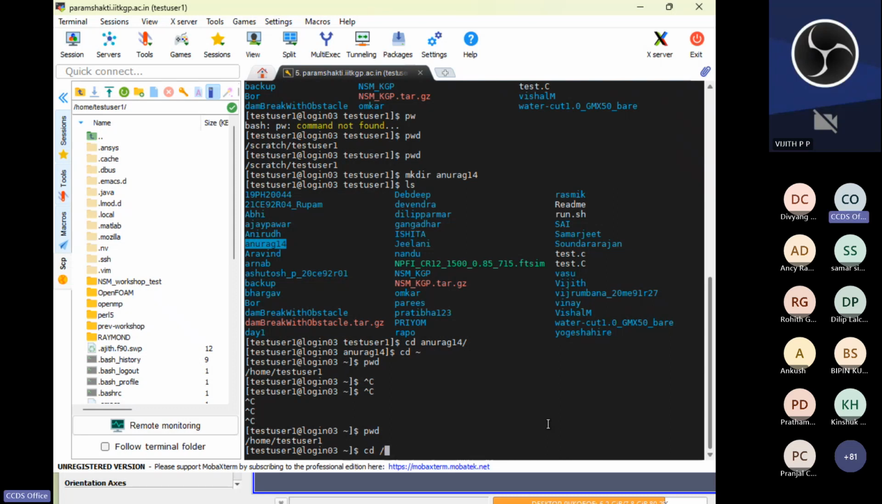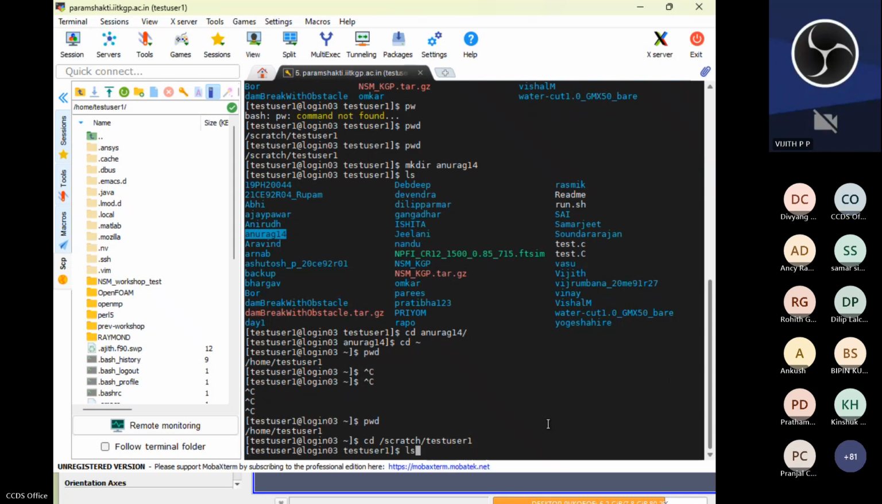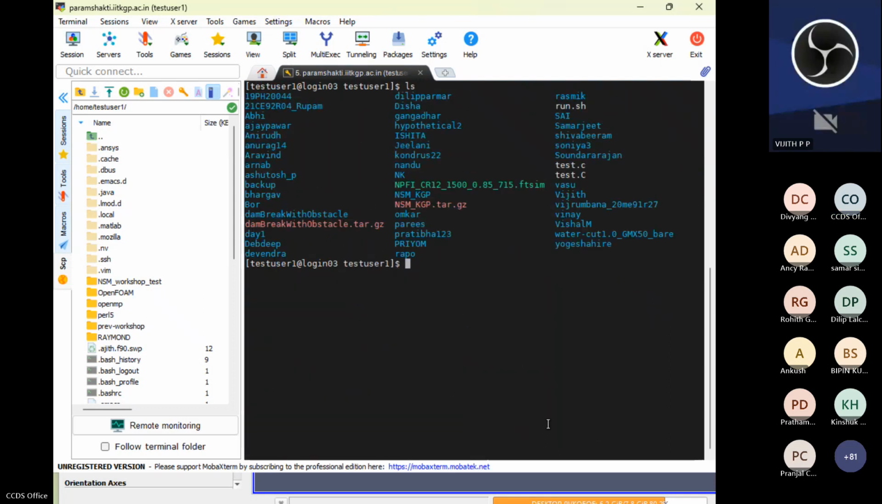So I will recommend test users one, please, you can try this, okay? After he has shown, not now. So first you will be going to Scratch. Please verify you are in Scratch by seeing pwd. In Scratch there is